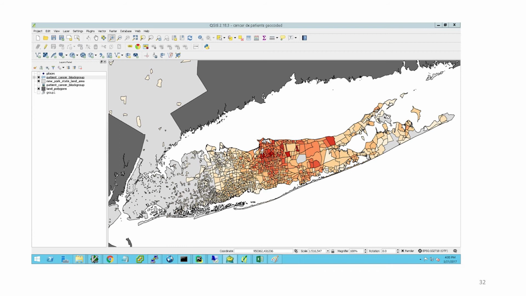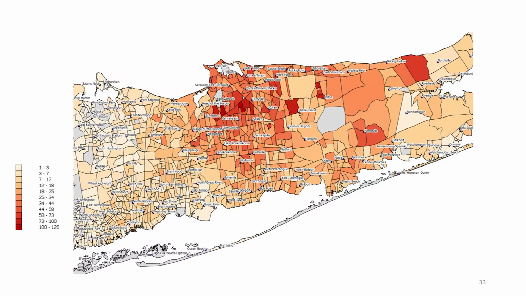So these are patients that were seen in Stony Brook with a cancer diagnosis, and we can see where they come from. Some of the highlighted areas out here, when I looked at the map, were senior communities. So you can see where the patients come from. And here we're just looking at it very broadly at people who have certain diagnoses, and then we're geolocating that to the map. So we're not looking temporally at the data, we're looking spatially at the data.